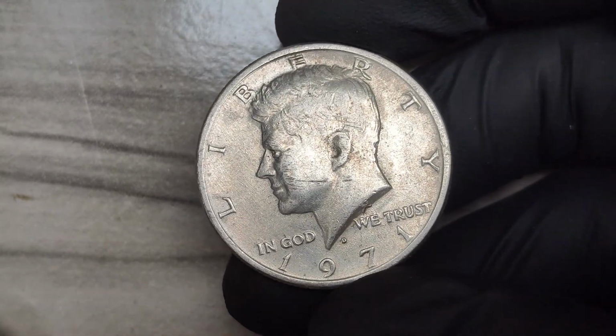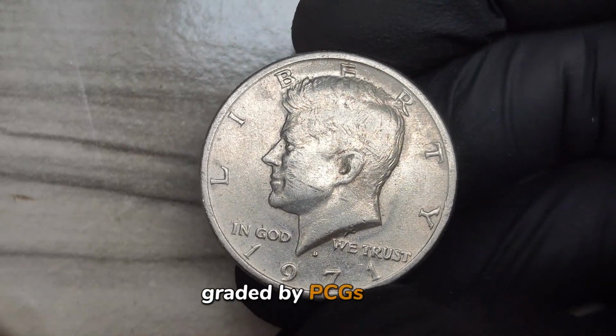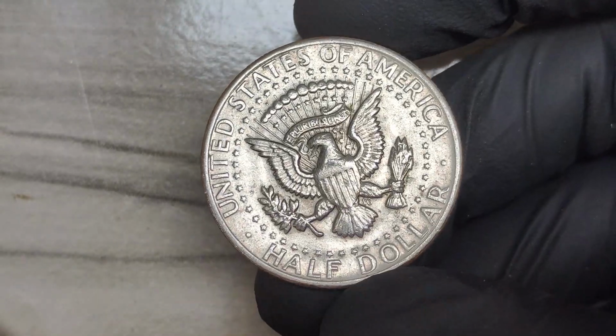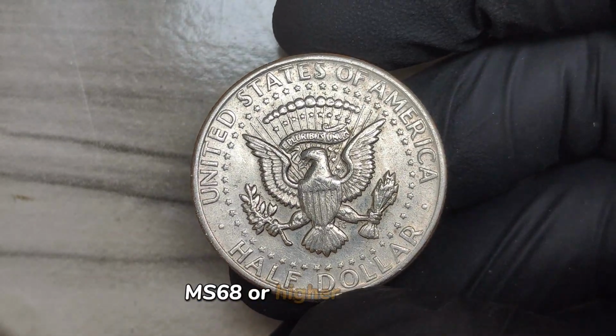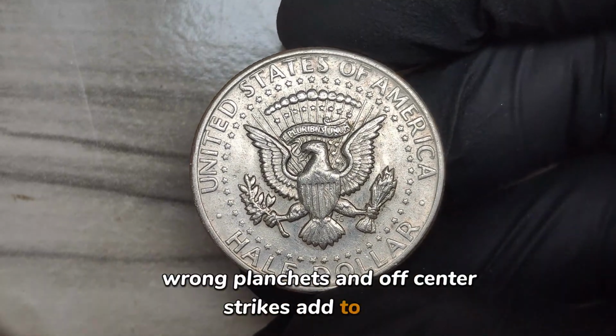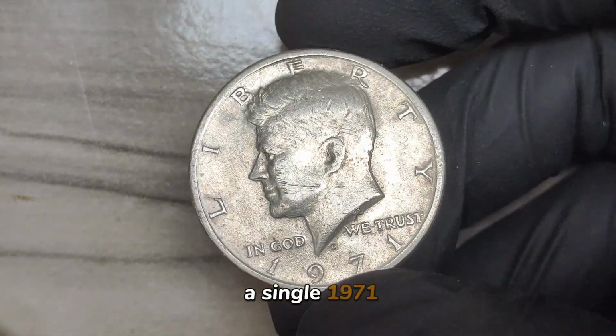High-grade condition. Collectors pay massive premiums for coins graded by PCGS or NGC at the highest levels, like MS-67, MS-68, or higher. Double dies, wrong planchets, and off-center strikes add to rarity. That's why you might see headlines claiming a single 1971 D